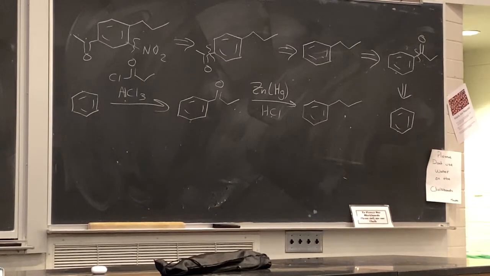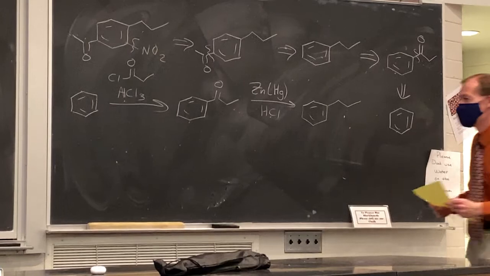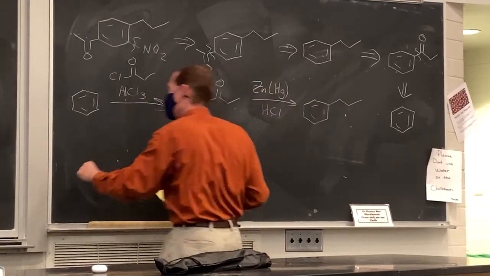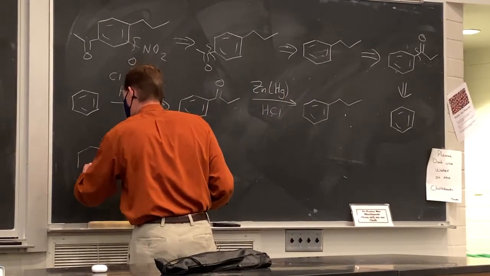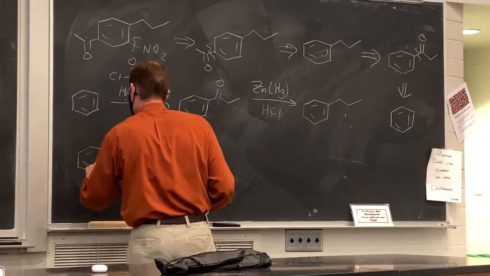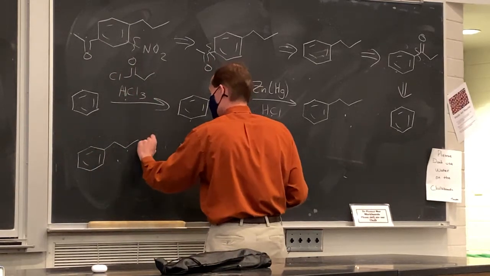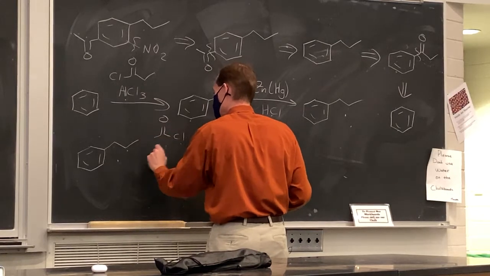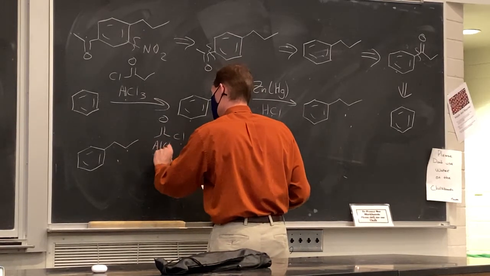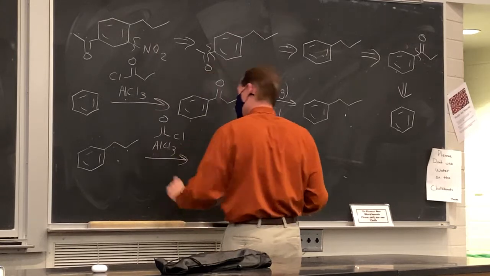What are we going to do next? Look at our retrosynthesis. What comes next? Friedel-Crafts acylation. We already have the conditions for that. We just need a different acid chloride in this case. So we need acetyl chloride, aluminum trichloride,